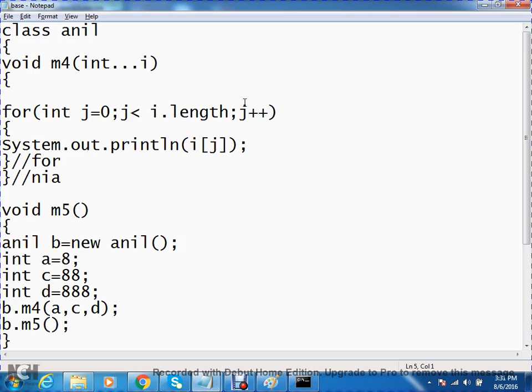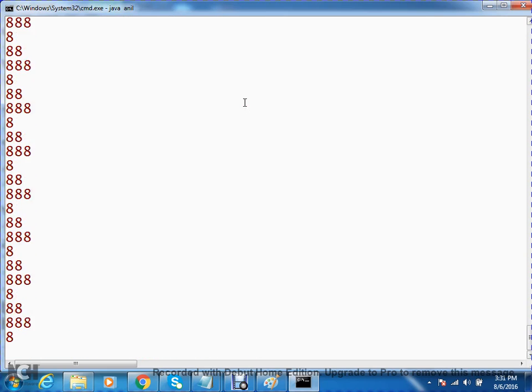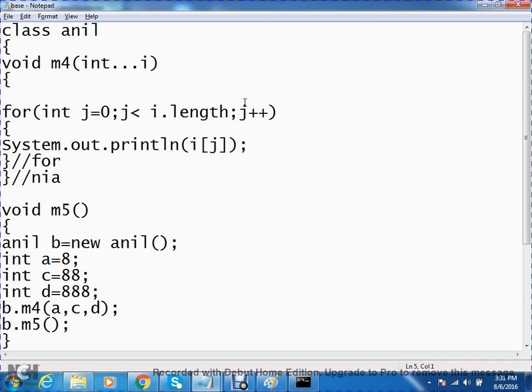A is what? C is what? D is what? Okay, that's a mistake. What is going on? Anyhow, error, runtime exception. Logic is working fine.